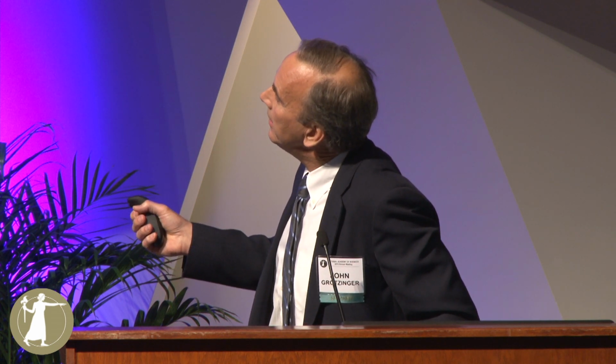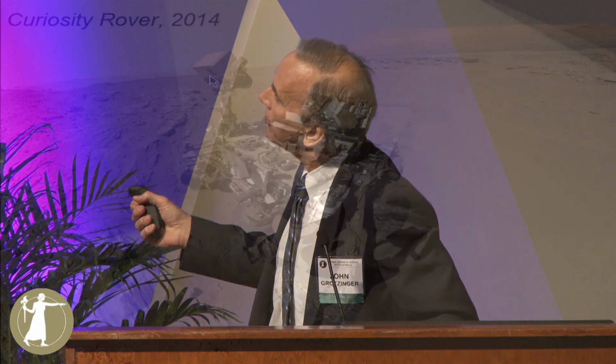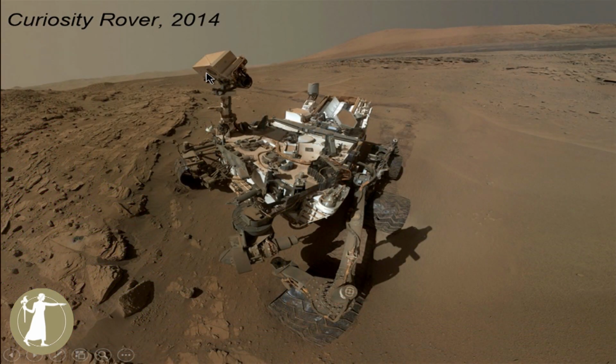And basically, in addition to that, there's a laser-induced breakdown spectrometer that can zap the rocks, and then we look at the emission spectrum in that case, which gives us a semi-quantitative understanding of what's there. The arm that you can't see can reach out in front. It's got an alpha particle X-ray spectrometer, as well as the hand lens imager camera that took this picture that you can see here. And in addition to that, we have a full weather station